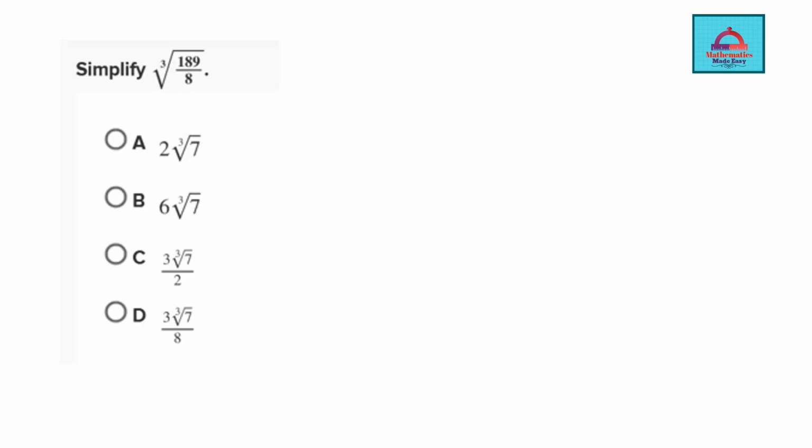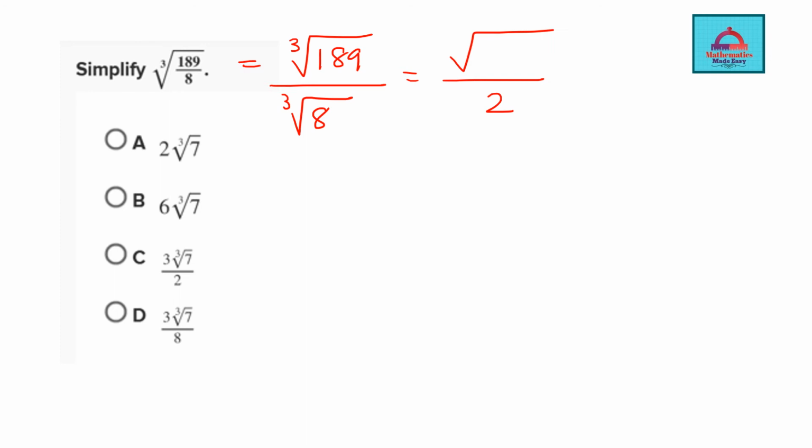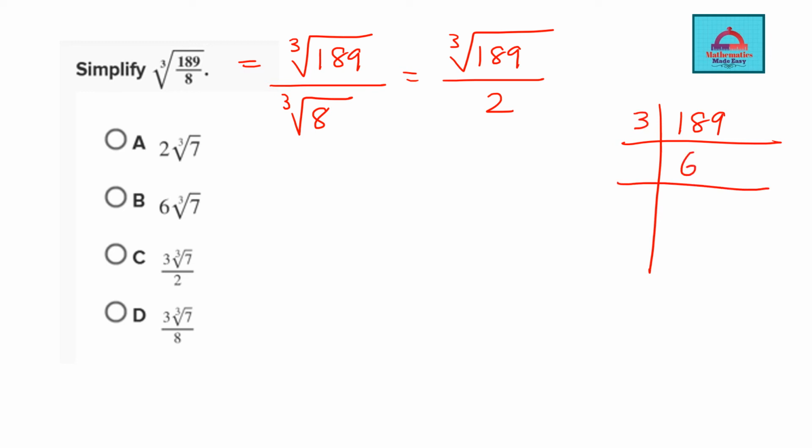Let's do one question on division of cube roots. So I will distribute the cube root to the numerator and to the denominator. Now the denominator is a perfect cube of 2, so for the numerator we will go to prime factorization. So 189, we are going to do it with 3. So 63, again with 3, 21, again with 3, 7, and so on. So 189